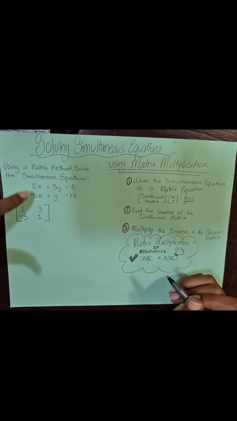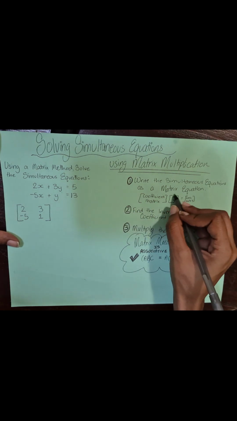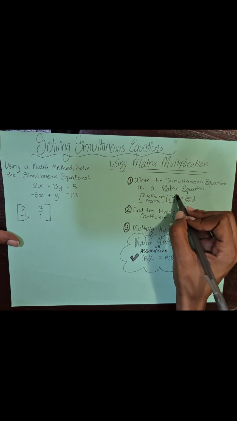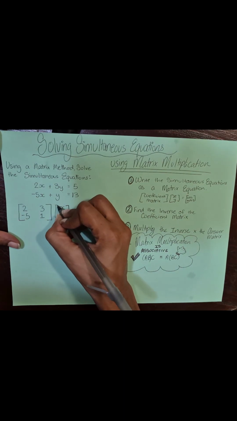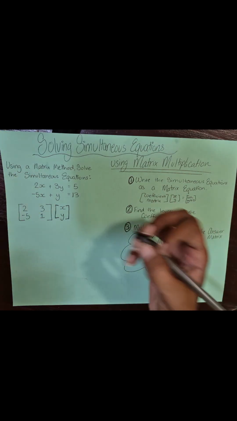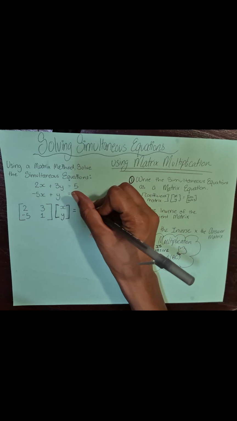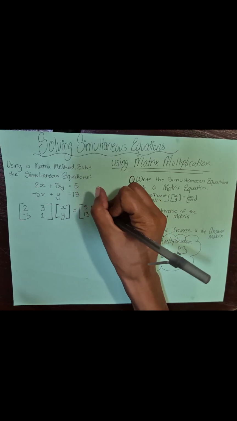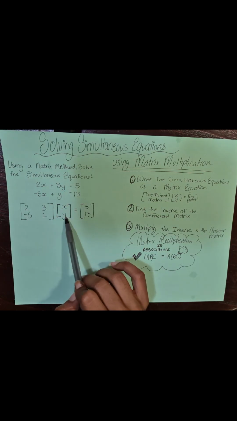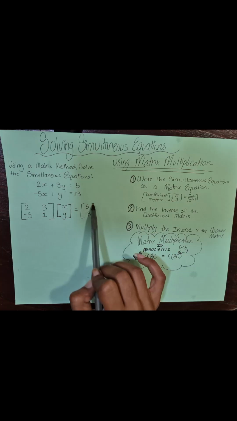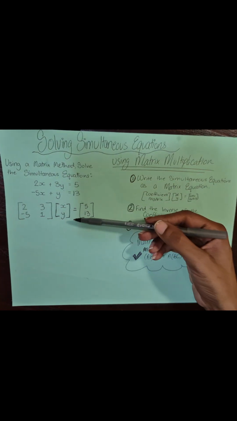So that's our coefficient matrix, a matrix made out of the coefficients of the letters. And then the next matrix is just the letters alone. So you're going to just have an X, Y. This one is always going to look like this. Just X, Y. And then equals, and the answer matrix is just the answers. 5, 13. So you're doing the numbers in front, X, Y, equals the answers. That's step 1. So step 1, you just write the simultaneous equations as a matrix